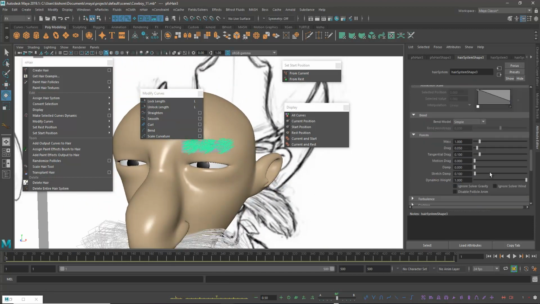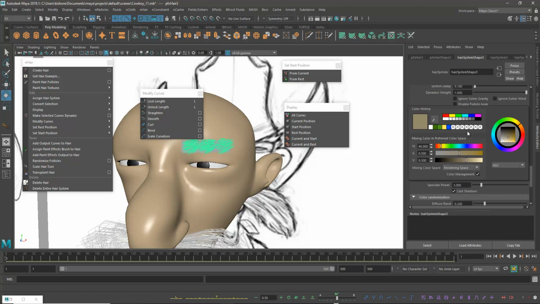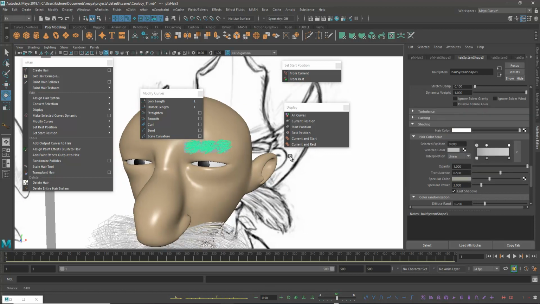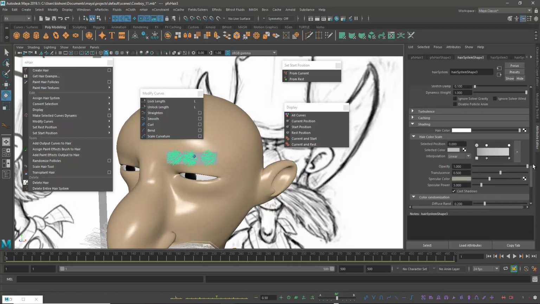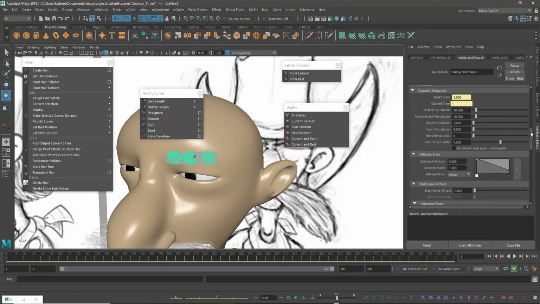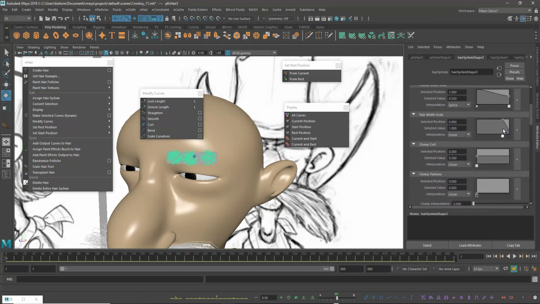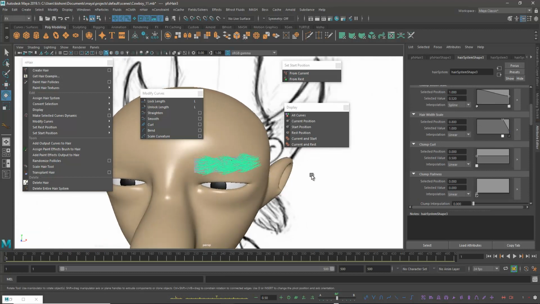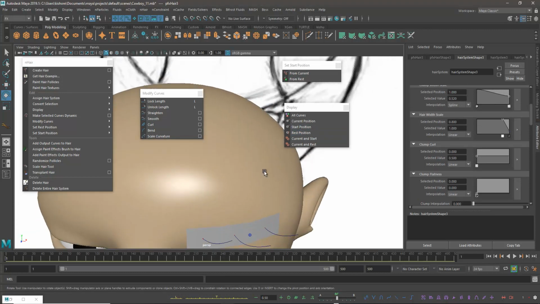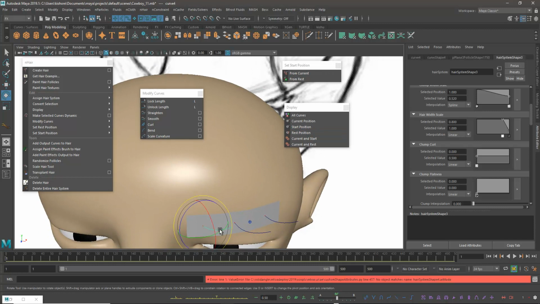Change the color of the hair, something like white as mustache and hair, and a little bit of curl. I don't want that too much, so let's again little bit increase scale.